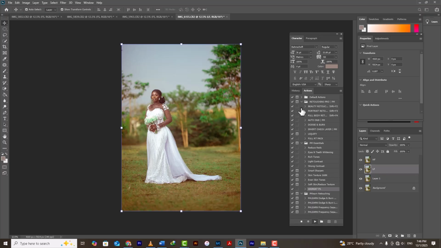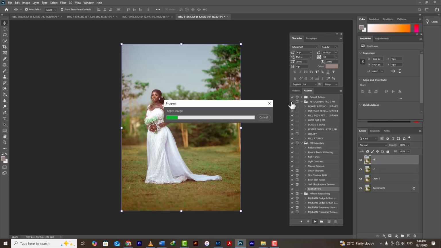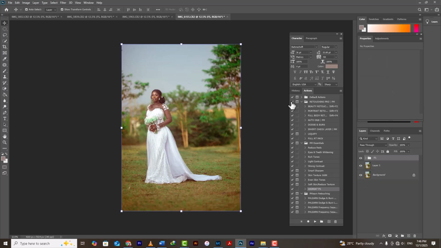So what do I do? I will now pick my mixer brush. When you hold Shift B, you are able to navigate through the various brushes, and now get to the mixer brush. With the mixer brush, my advice is that